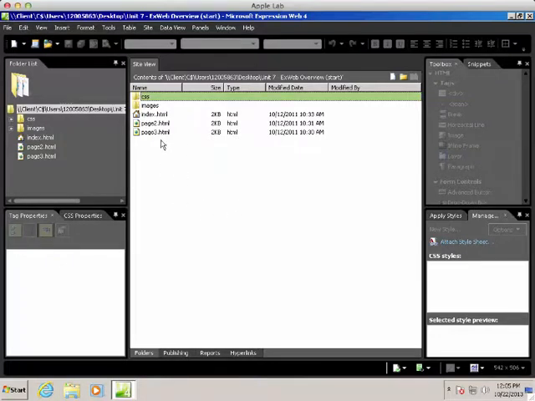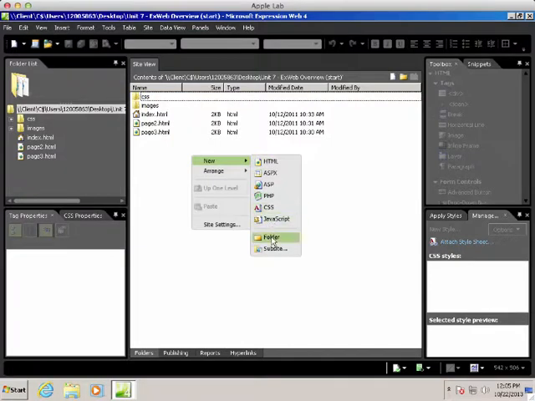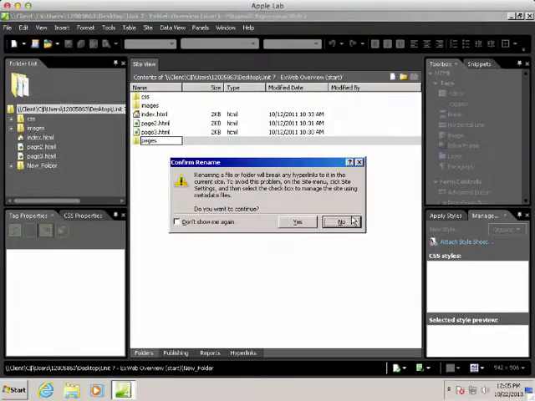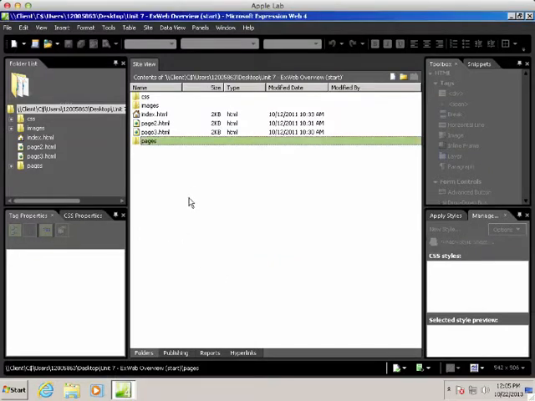This site that I have has an index page and pages 2 and 3. Okay, that's not good, right? 2 and 3 ought to be in a separate folder. I can do the file management here, so I can right-click and make a new folder and call it Pages. And there's my Pages folder, and now I can move stuff around, but I'm not going to do it just yet